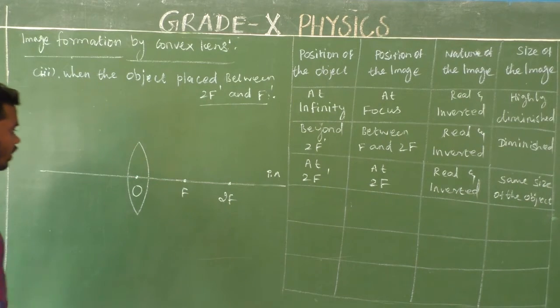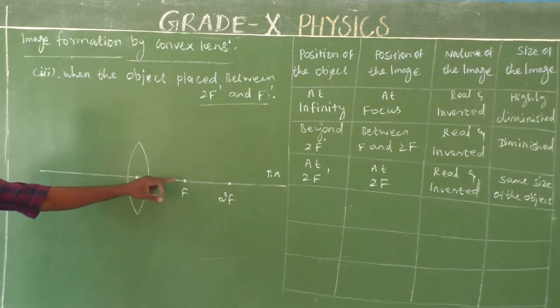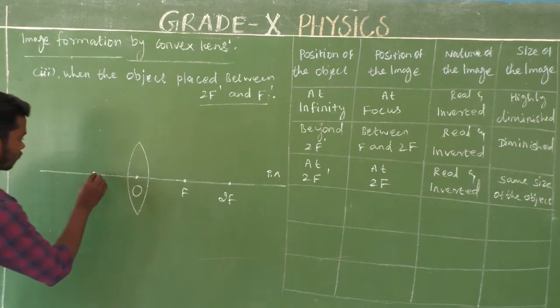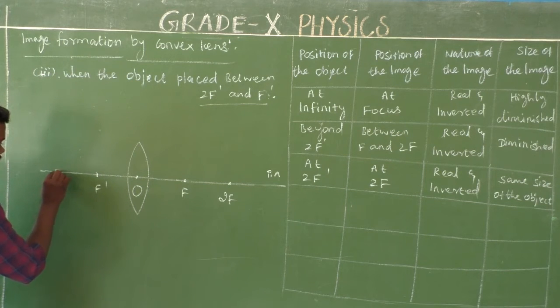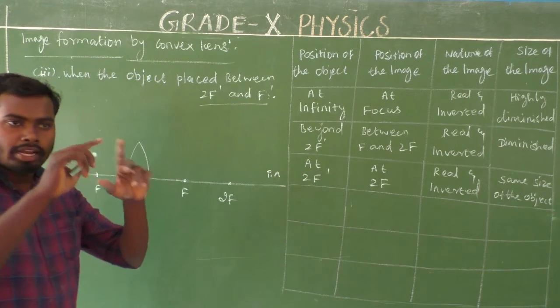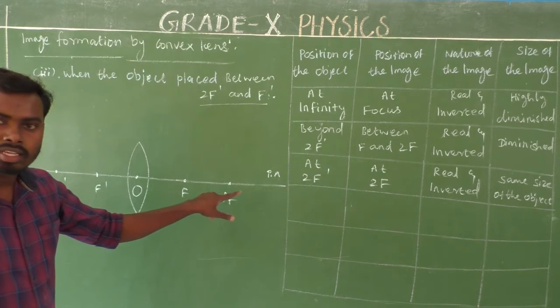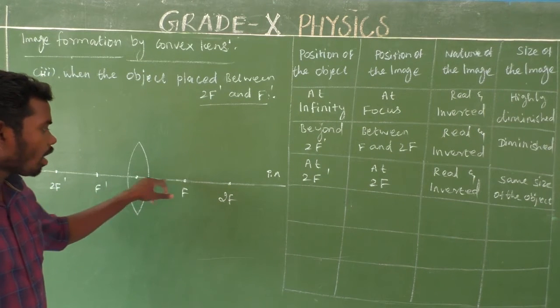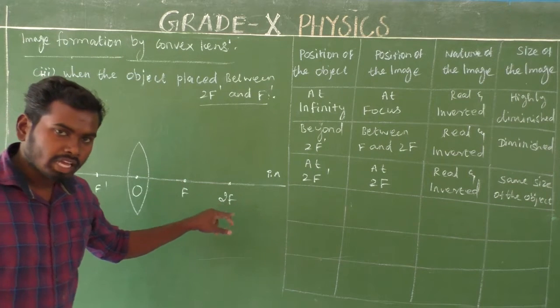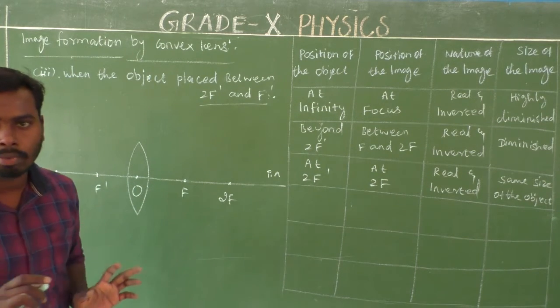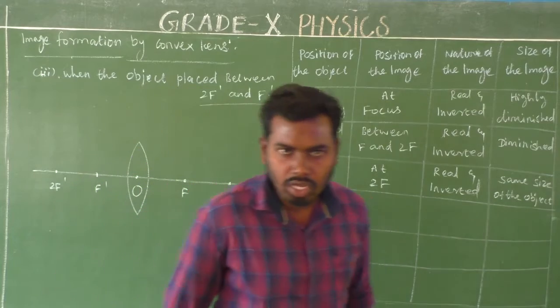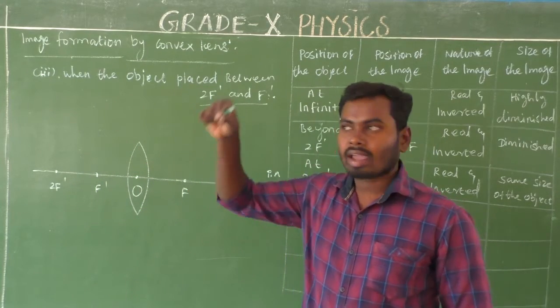Is it clear? Yes. Next, even left side also there will be same components like that. So this is f dash. This is 2f dash. So when you draw in your notebook, that distance should be same. Which means the distance between O and F will be equal to F and 2F. Even here also, the distance between O and f dash should be equal to f dash and 2f dash. So make it carefully. That is very important. If all distances are not equal, then you cannot get accurate ray diagrams.